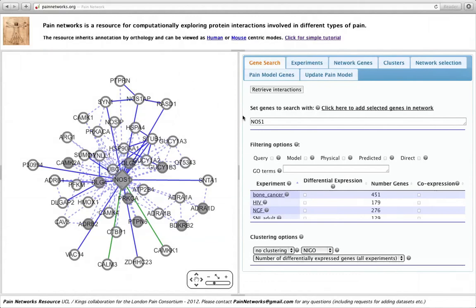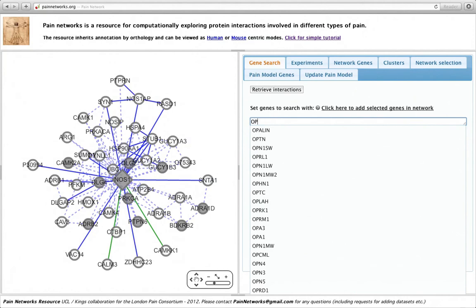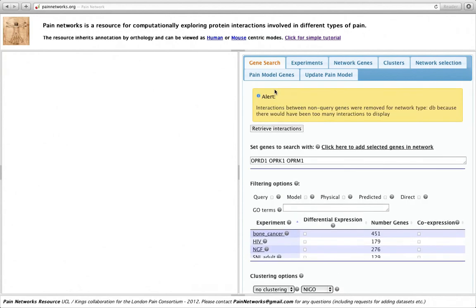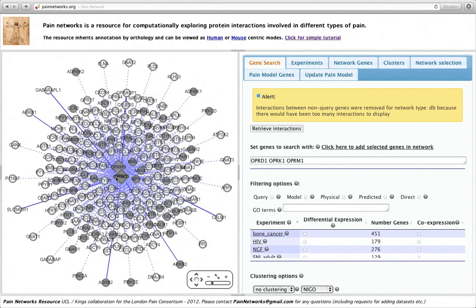Okay, so in this video we're going to use pain networks to look at opioid receptors. So if we put in these opioid receptors and then retrieve their interactions, here we see the resulting network, and it's very big and very hard to interpret, although we can see a